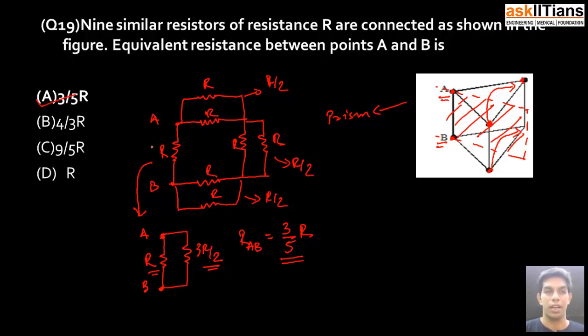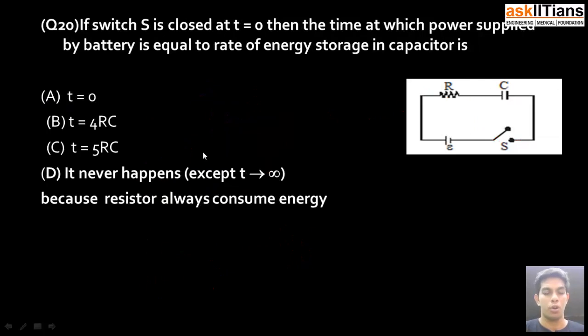Hence, A is the correct answer. Moving on to the 20th question. It says, if switch S is closed at t equals 0, then the time at which the power supplied by the battery is equal to the rate of energy storage in the capacitor is, we know that the